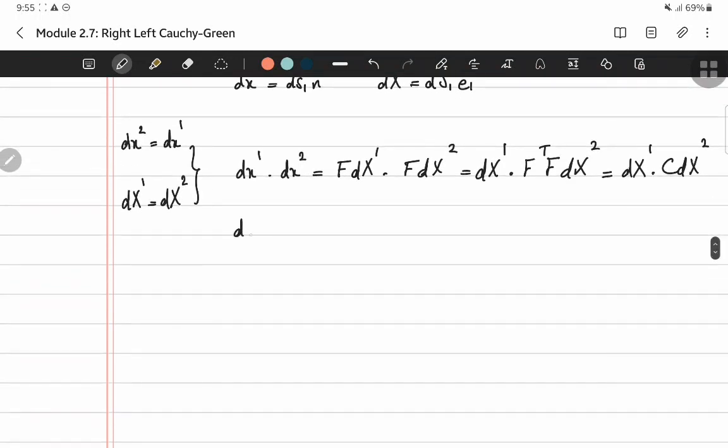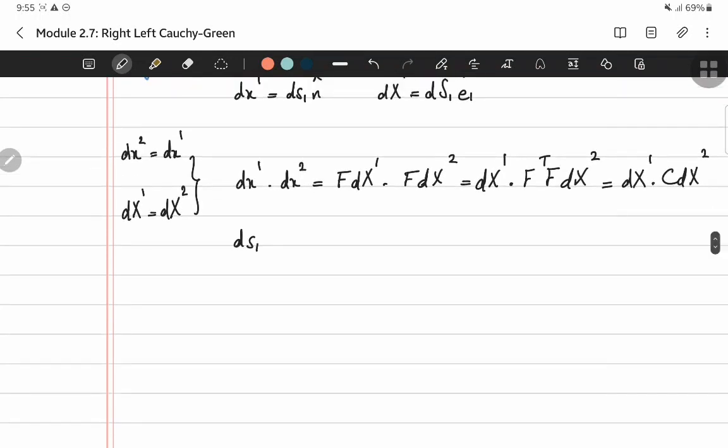So I can write this as ds1 n dot ds1 n. So these are parallel. So this becomes ds1 squared